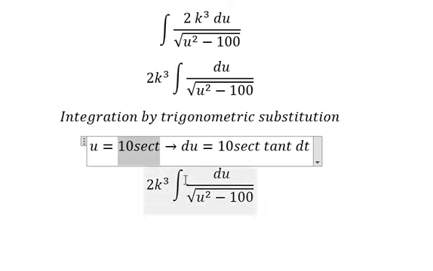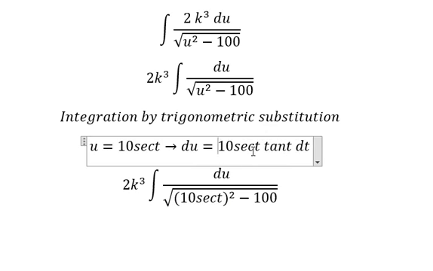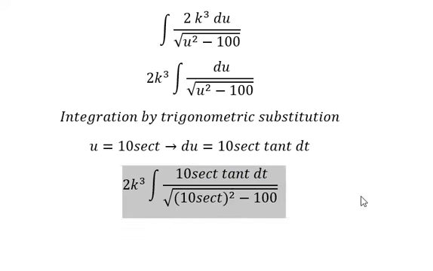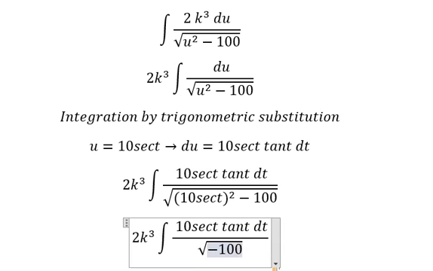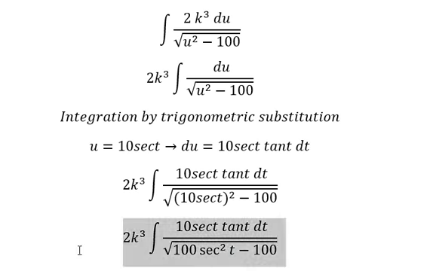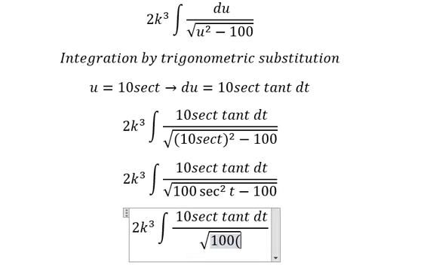So I need to put this one going here. Du we change by this one. So this one we have 100 secant of t square. 100 we can do about factorization,